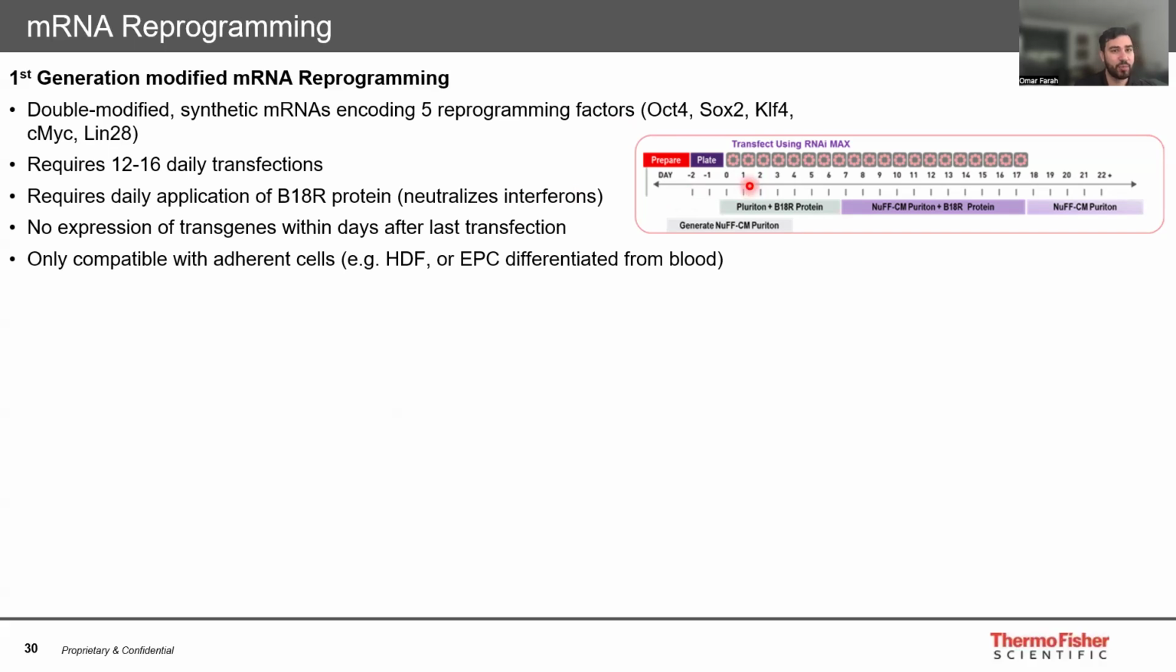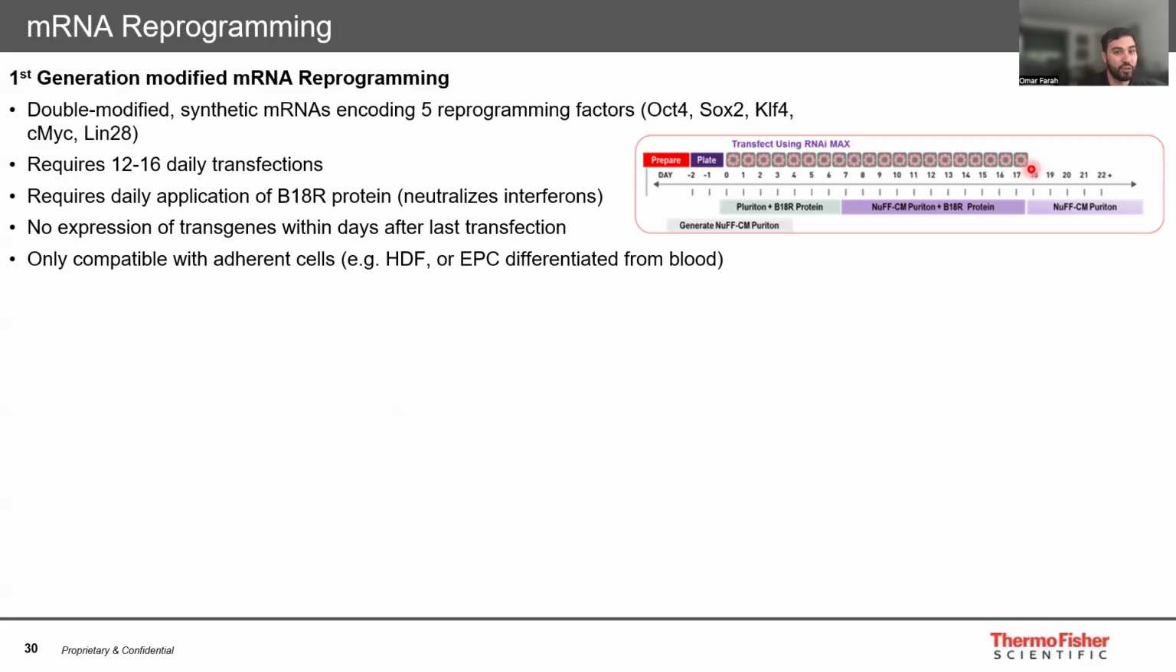Transfection is not an easy process, and doing that 16 times in a row might damage the integrity of your cells as well. So that was a big downside. But on the bright side, there was no expression of transgenes within days of the last transfection. So you could clear your cells